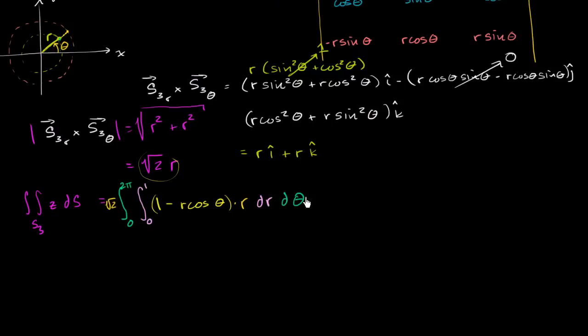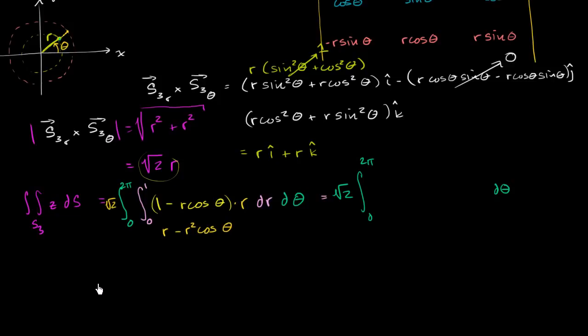So let's do the first part. Let's do this inside part right over here, and I'm just going to rewrite the outside part. So this is going to be equal to square root of 2 times the integral from 0 to 2 pi of, and we have d theta right over here. So that's the outside. This inside part, if we distribute the r, is r minus r squared